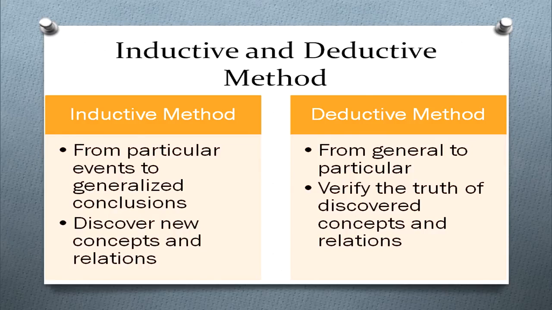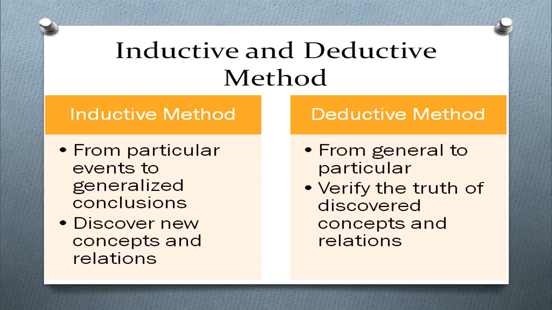The next method, as you can see, and the last one in instructional methods, is inductive and deductive method. This is generally used for the teachings of science and mathematics. In inductive method, we go from particular events to generalized conclusions. That is, if I take an example in a class, if you are to teach children about properties of an isosceles triangle, then you simply tell children that if two sides of a particular triangle are equal, then their opposite